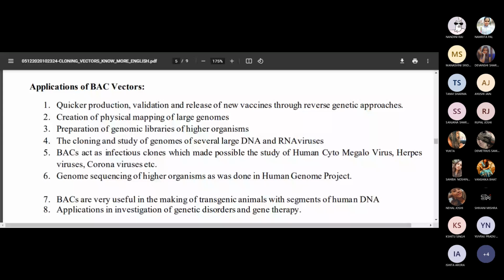Simply, you can see here the Human Genome Project. We know the human genome was sequenced more than 10 or 15 years back, and for handling such a large human genome, the bacterial artificial chromosome was utilized. If you ask me to sequence the genome, you just need to give me a few clones, each representing around 1,000 kilobase pairs of your genome. That is going to be a good help. When I get that back, I can further subclone it into smaller fragments. Having it is going to help in sequencing the genome.